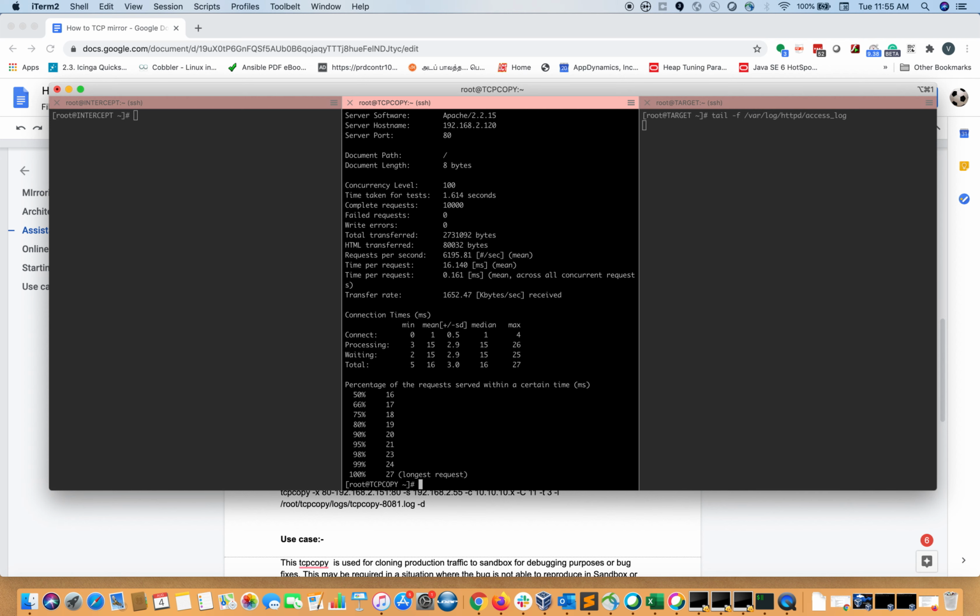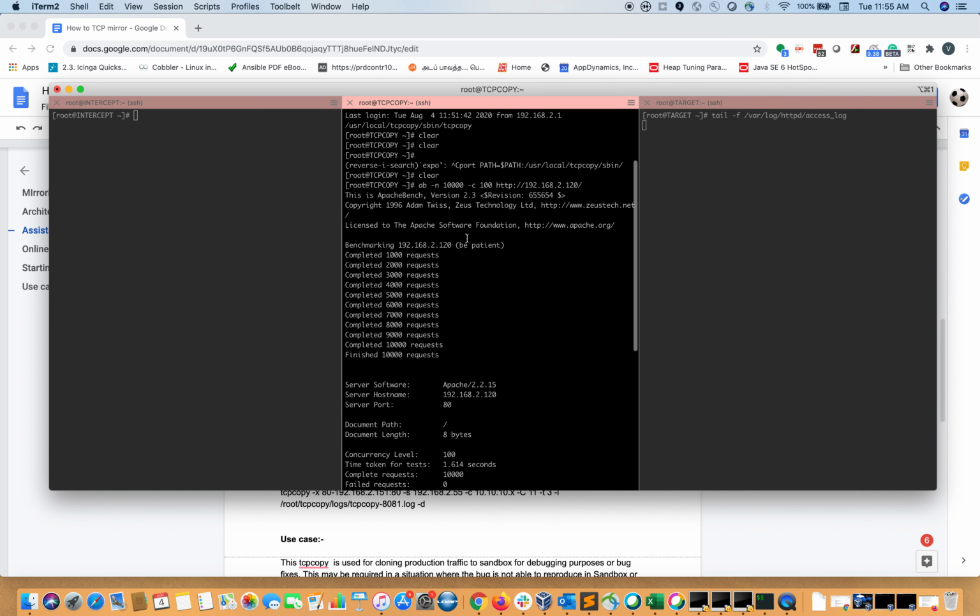Here I have a web application, Apache, running on port 80. So I will tail my log, tail -f /var/log/httpd access log. Next, here I am running Apache, and what I am running here is just a curl call using AB, hitting my production web servers.